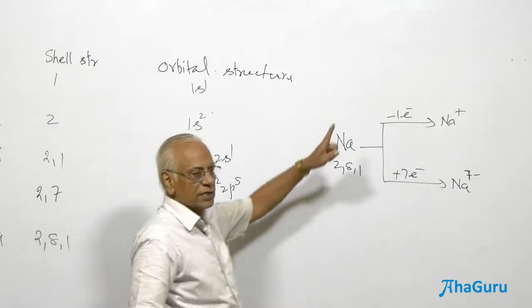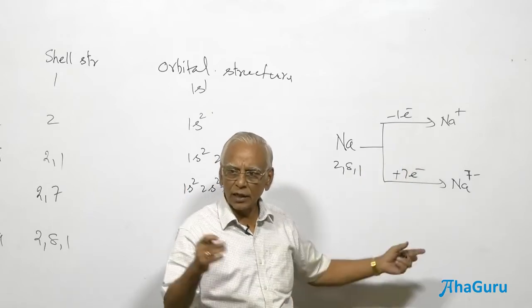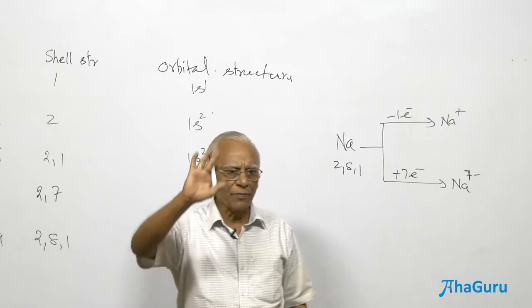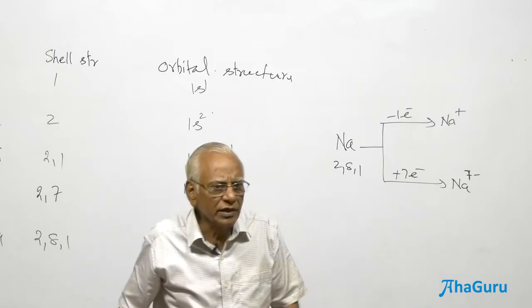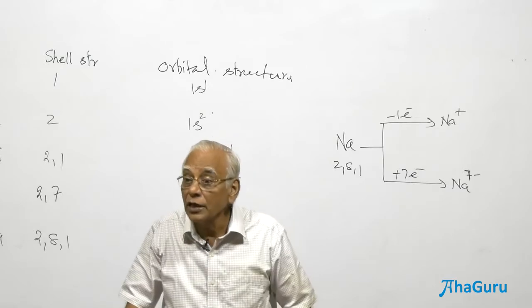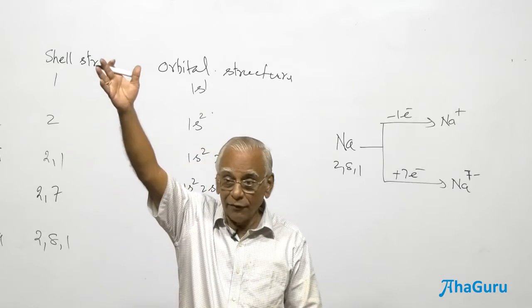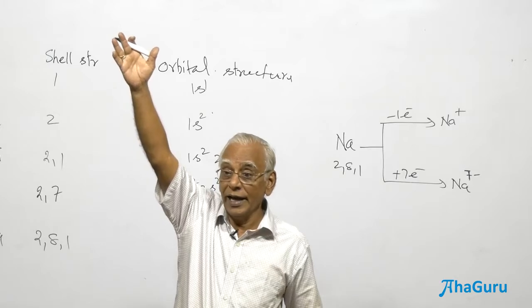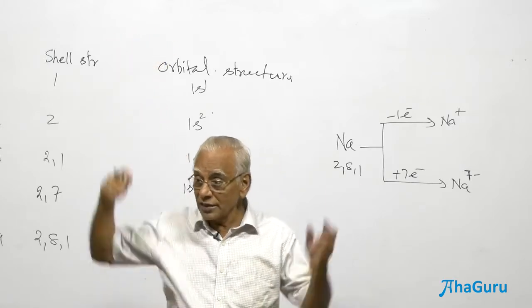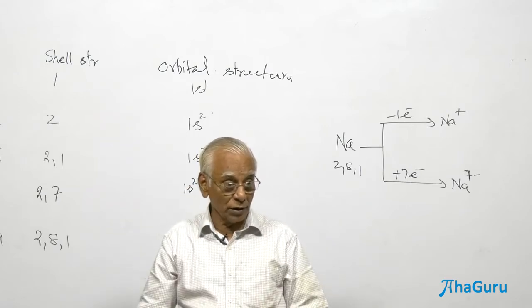In terms of energy consideration, the energy required to remove 1 electron is less than the energy involved in adding 7 electrons. Maximum you can add only 3 electrons. Beyond addition of 3 electrons, it becomes difficult. Addition of the 4th electron is difficult. Addition of the 5th, 6th electron, we have no idea. We have no ions like X5 minus, X6 minus, X7 minus, no. Because there is going to be repulsion between the electrons, isn't it?